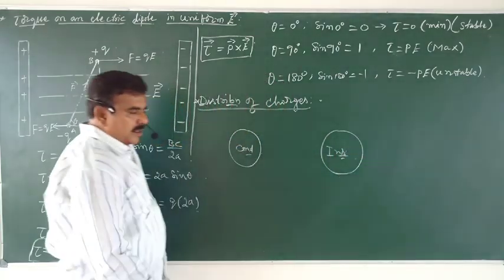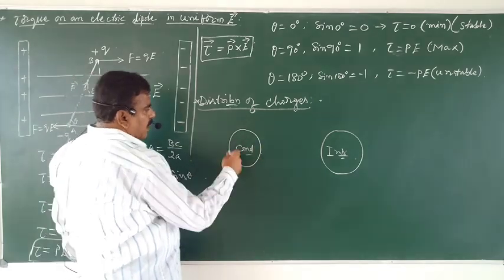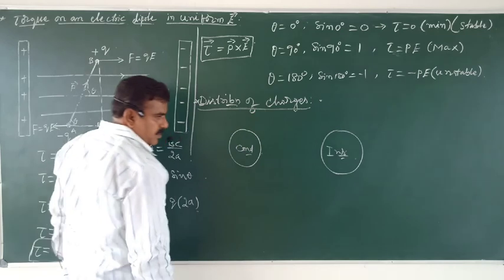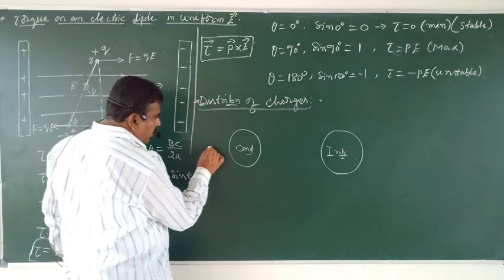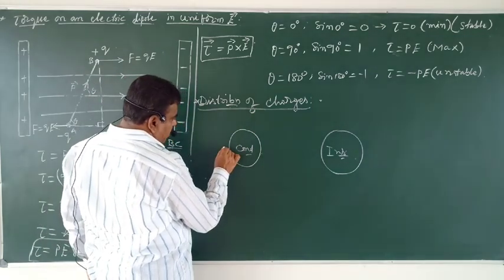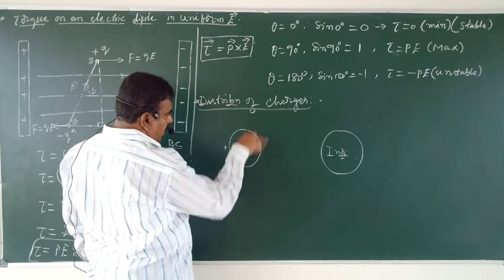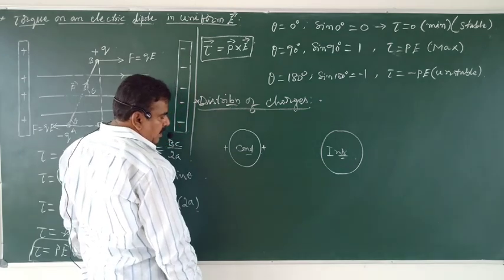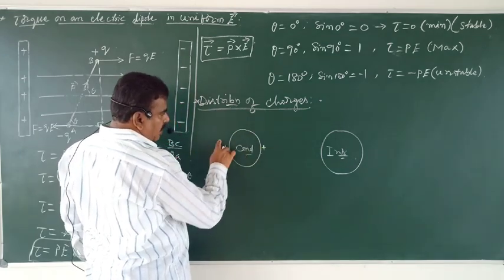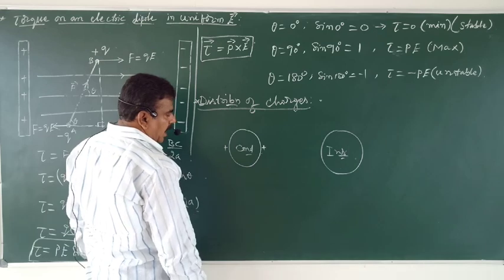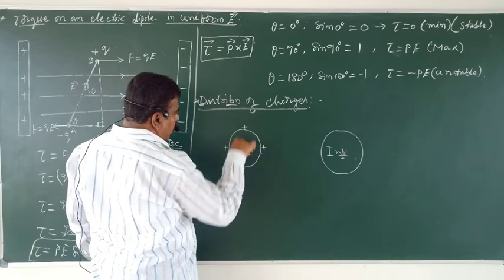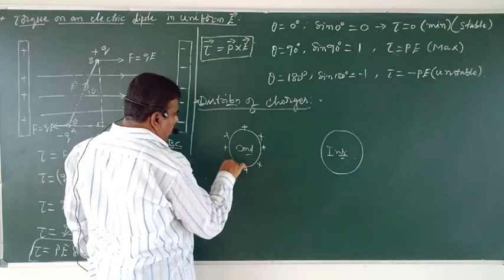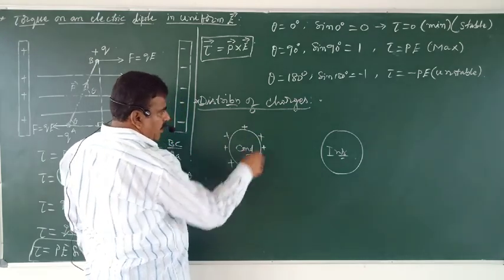Okay? So the conductors have free electrons. The insulators didn't have free electrons. When charges are given to a conductor, when one charge is given, it may stay anywhere. When two charges are given, they will distribute like this. When three charges are given, they will arrange in an equilateral triangle, the equilibrium position. When four charges or six charges are given, they will distribute to the entire surface.